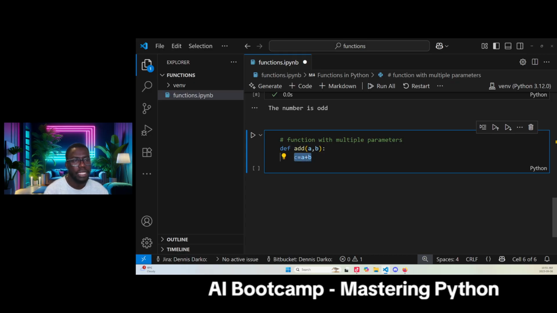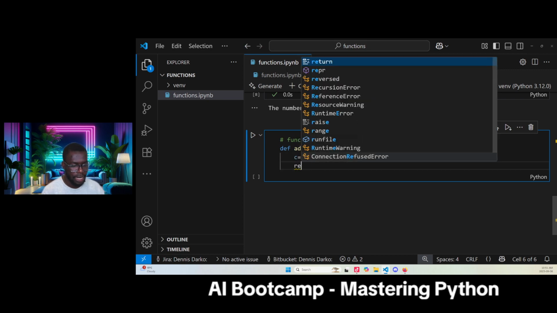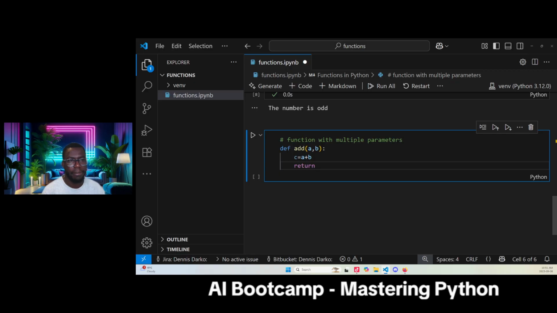Instead, we can just say return, return what? A plus b. So automatically your function knows that you are adding a and b and returning